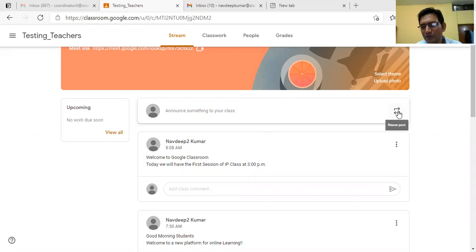This is Reuse post. What is the use of Reuse post? You have already made an announcement earlier and you want to make use of that post again. The main purpose of Reuse post is to make the process of making announcements faster. So let us say I click on this.